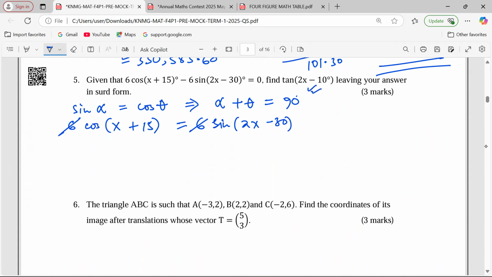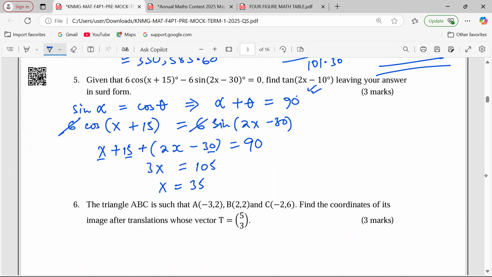So if cosine of x plus 15 equals the sine of 2x minus 30, then it is a clear indication that x plus 15 plus 2x minus 30 should give us 90. So with this, we can say 3x equals, this is negative 15, 15 minus 30 becomes negative 15. So 15 now should be added to 90. That gives us 105. So the value of x now becomes, when we divide through by 3,